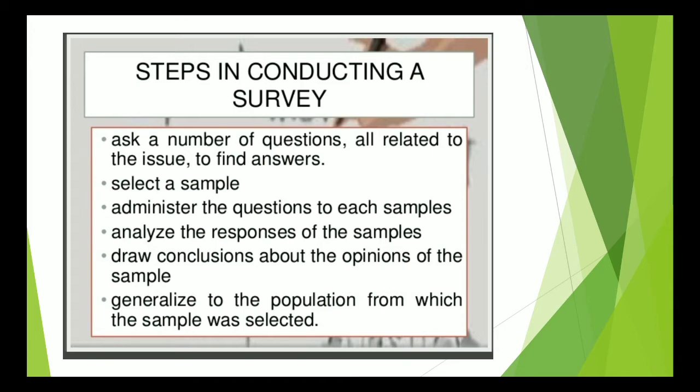Second is selecting a sample. Selecting a sample over here means selecting the participants who are going to take part in the survey. So those are known as a sample. For example, if that particular product or any particular issue is only related to male or it is related to female, then the sample would be only related or limited to the male or the female, right? So that is known as selecting a sample.